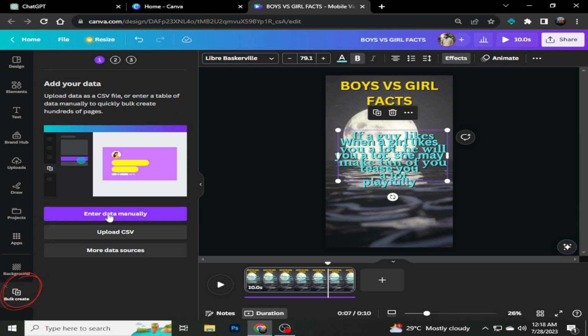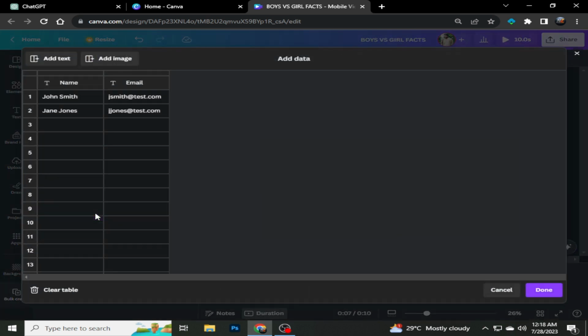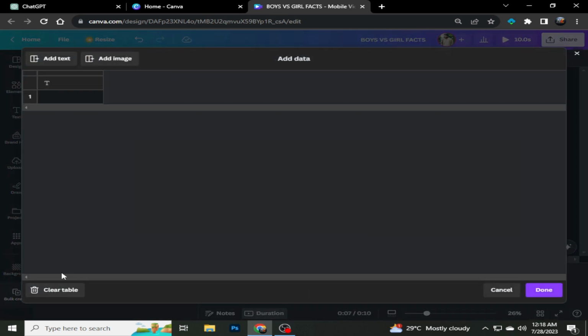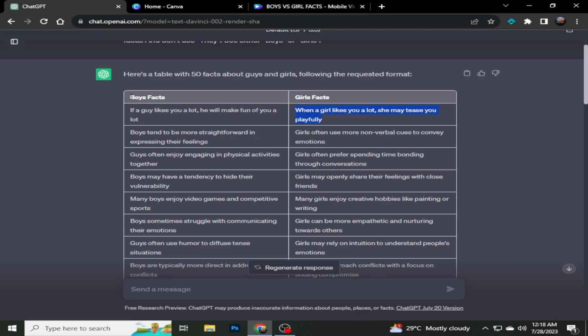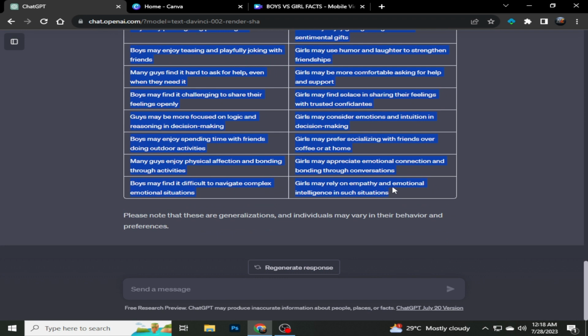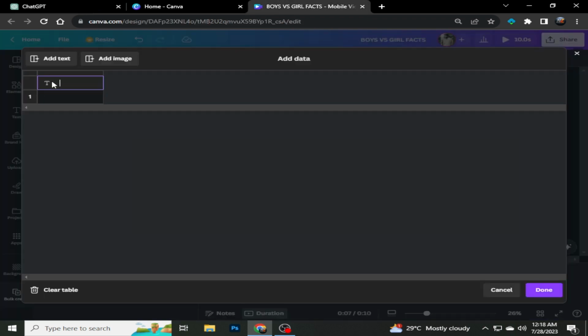Next, go to the Bulk Create option in the left corner, then click on Enter Data Manually, and select Clear Table to remove the existing data. Now, go back to ChatGPT, copy all the facts, and paste them into Canva, starting from the initial T, click on Done,